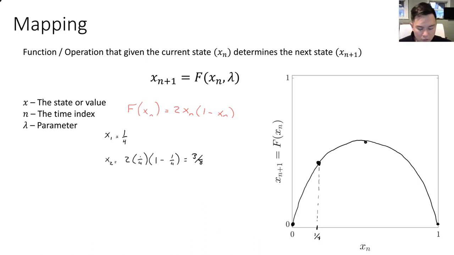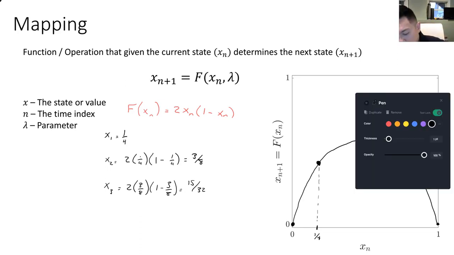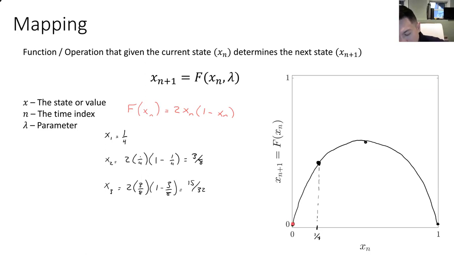Okay? Well, then we could apply this map again. x3 is equal to 2 times our new state, 3/8, times 1 minus 3/8, and it can be shown that this is equal to 15 over 32. Graphically, how does this work? If we draw a straight line connecting our 0, 0 position to our 1, 1 position,